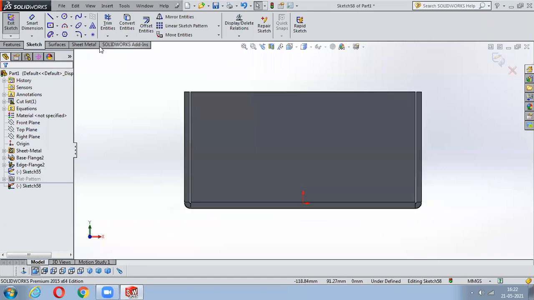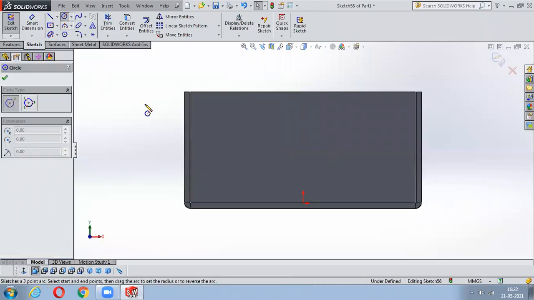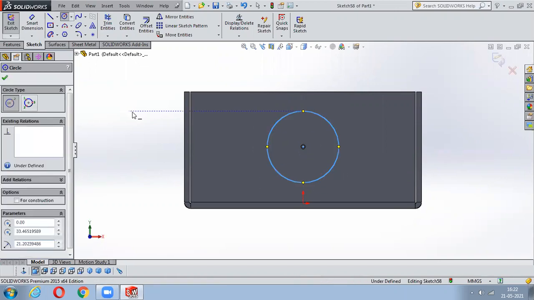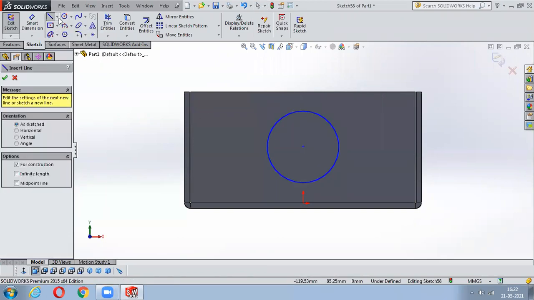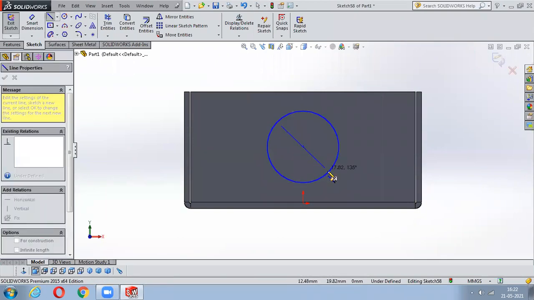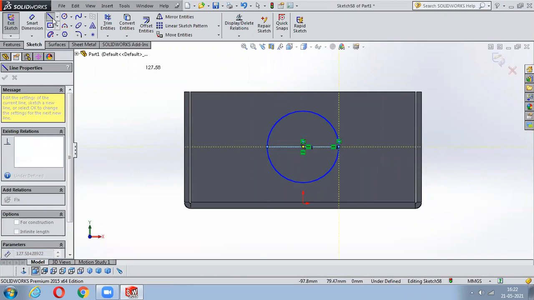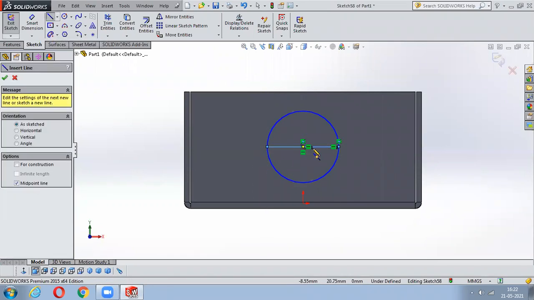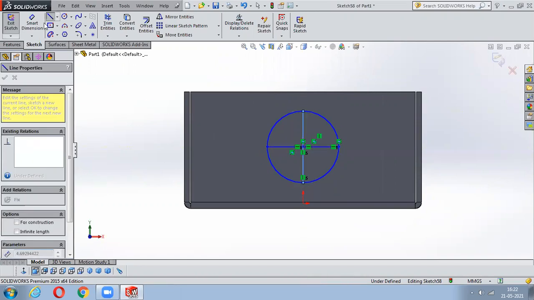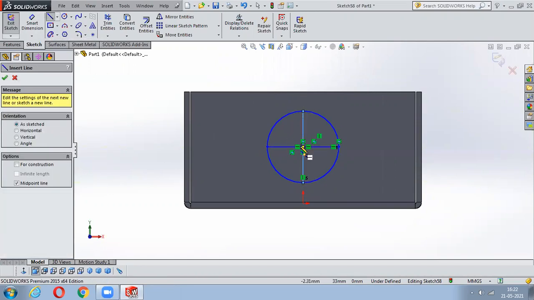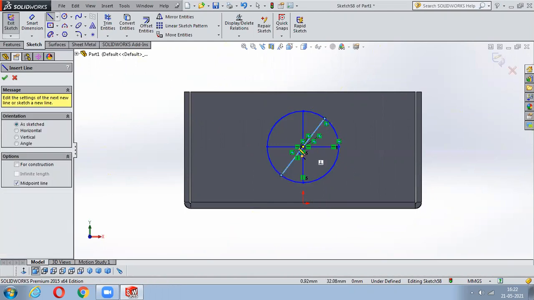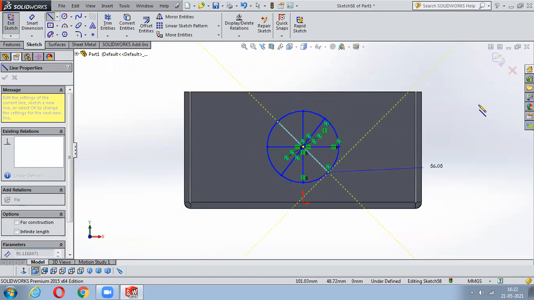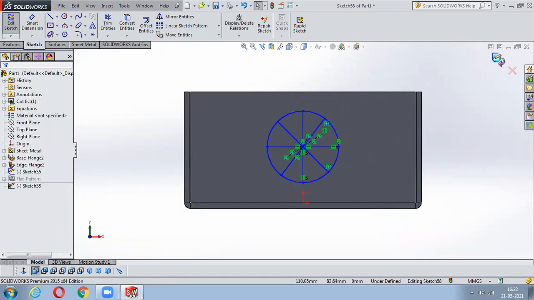I'll just make it normal too. So what I'll do is I'll just create a circular vent like this. So this will be my outer diameter. And now the things what I'm going to create are called the ribs of that particular vent. So place it here. Again, I'll just select this midpoint line. I'll create it like this. At the same time, I'll just make it something like this. Again, a midpoint, and I'll just create it like this. So once it is done, I'll say exit to this.